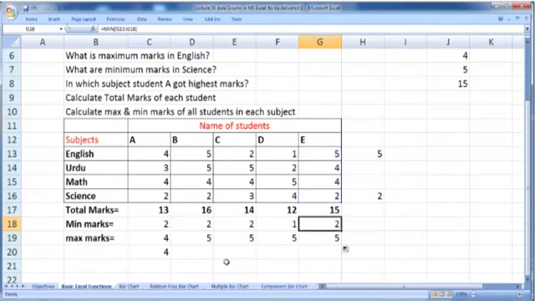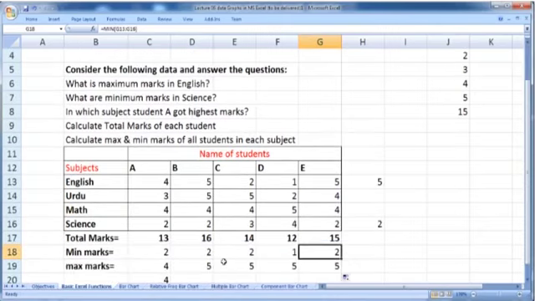So this is how we can use the built-in Excel functions in order to answer some of the basic questions. We will study some additional built-in functions in this course. Each function is related to certain topics which we will cover in this course, so I will explain these functions when we cover those topics. Currently this should be very clear: these built-in functions can make our job quite easy.